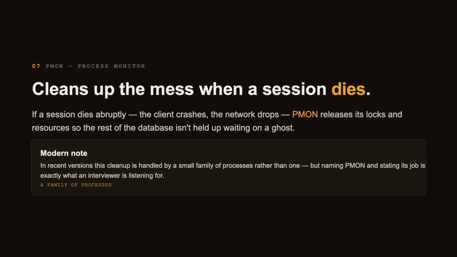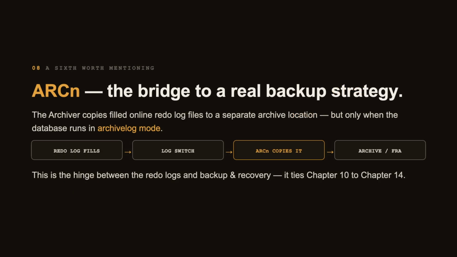One honest modern footnote. In recent versions, this role is spread across a small family of processes rather than a single PMON. But in an interview, naming PMON and clearly stating its job, cleaning up failed sessions, is precisely what they want to hear. There's a sixth process worth mentioning, because it's the bridge to everything in the backup world,